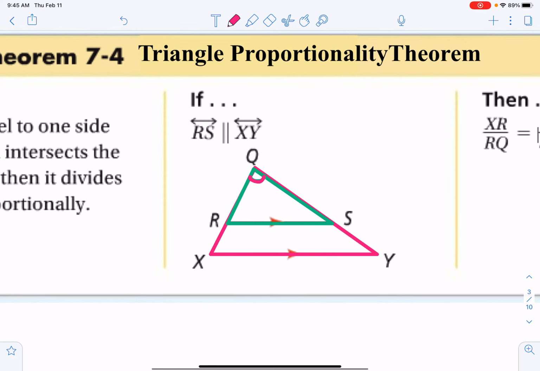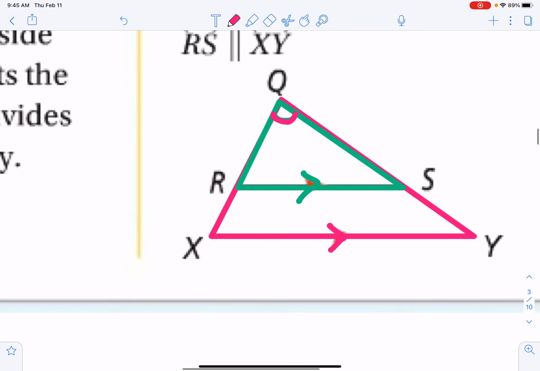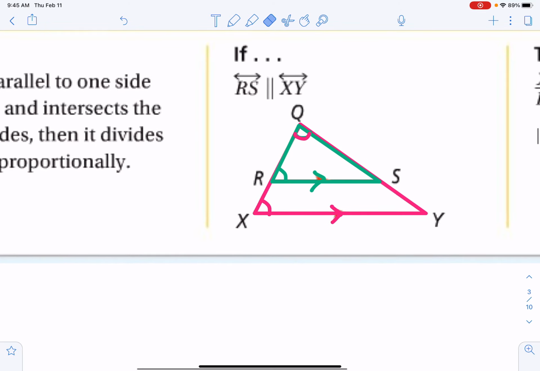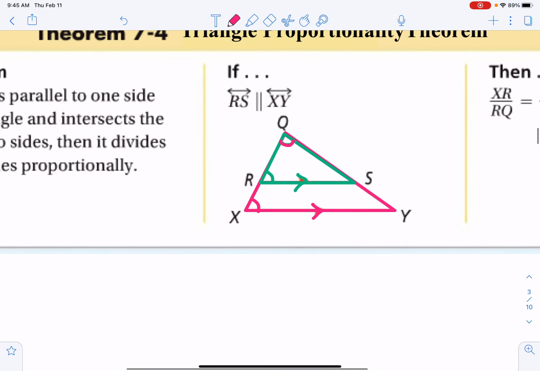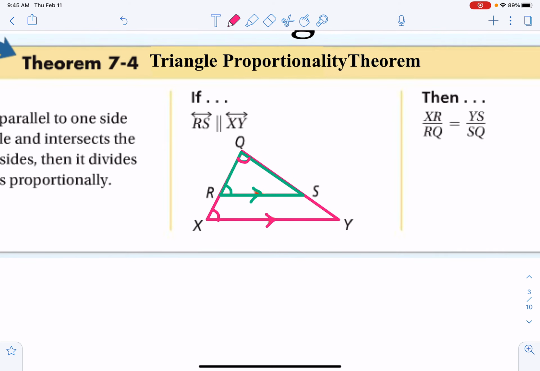And it's saying if line RS is parallel to that, then we know these angles are the same because of corresponding, so we've got angle-angle similarity. So they're saying if you have one within another like that and they're parallel, you can say that